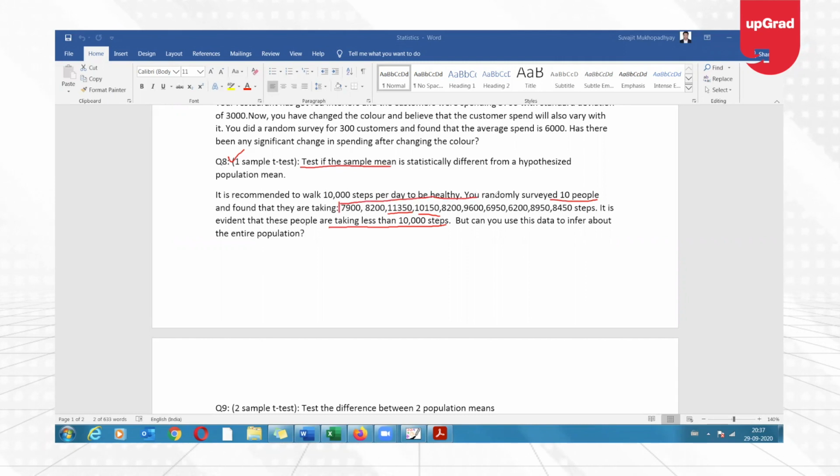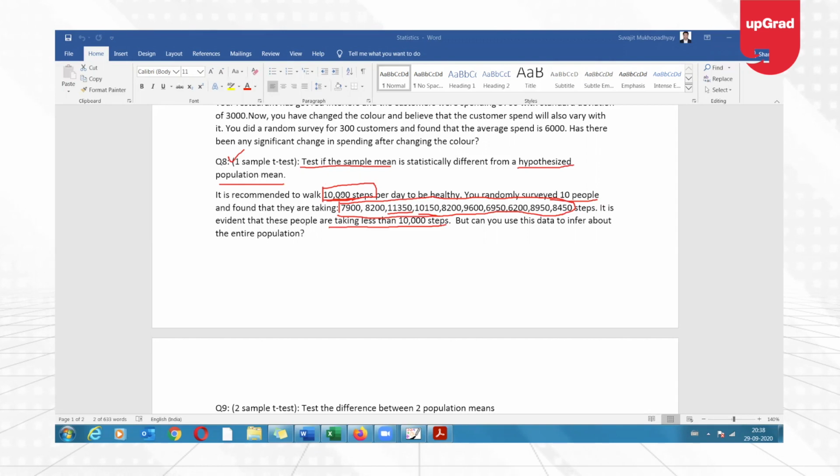These are the samples which we have taken. We want to see if this mean is statistically different from a hypothesized mean. Here, this is not an exact mean. This is not my population mean. This is the hypothesized population mean, right? This is not the exact mean. I do not know how many steps people are taking. We have hypothesized